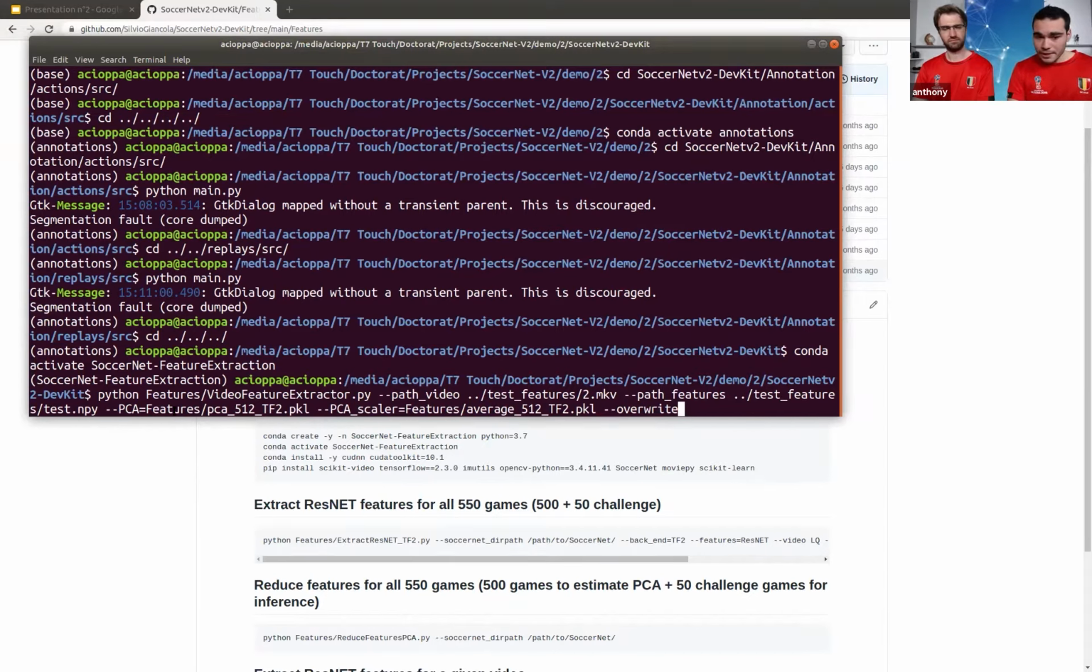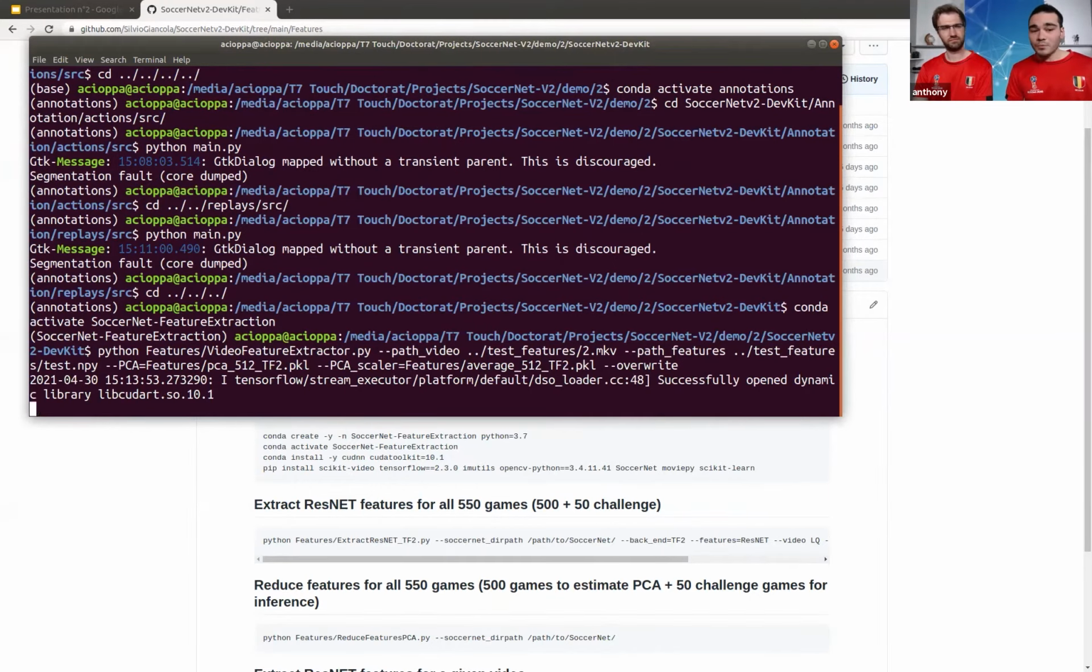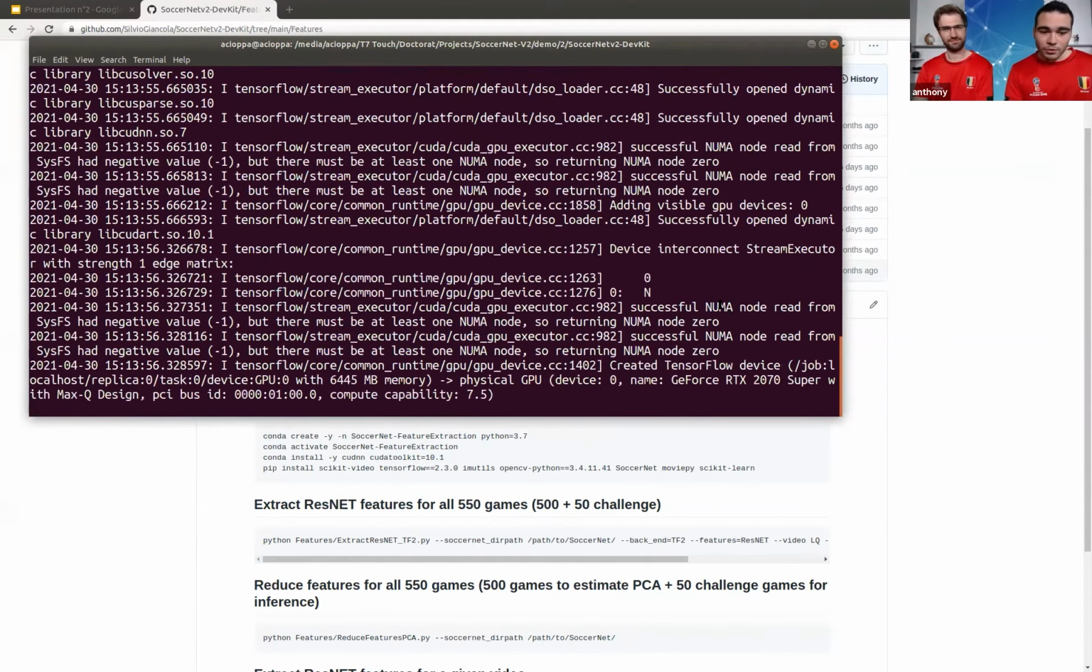The PCA that I want to use, which is also in the DevKit. This is the PCA that we've used. So if you use this same PCA, you will get exactly our features for the games of SoccerNet-v2, and the PCA scaler, which is the same. And I'm going to overwrite what I've already done because I've already run it a few times today before the presentation. So right there, it's going to load, so it's TensorFlow 2 in this case,